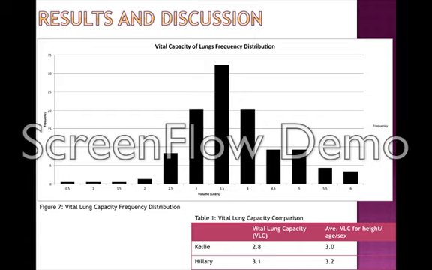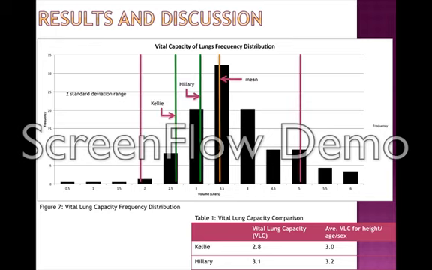The last section of this lab, we determined our vital lung capacities by blowing into a spirometer. We then compared our individual results to the class average and determined if our results fall within 2 standard deviations. As seen in Figure 7, both of us fall within the 2nd standard deviation of the class, and therefore we can be considered normal. However, as seen in Table 1, both of us are below the average vital lung capacity of our height. This can be explained by the fact that every individual is